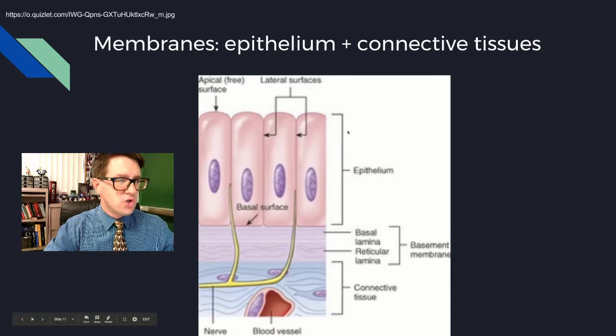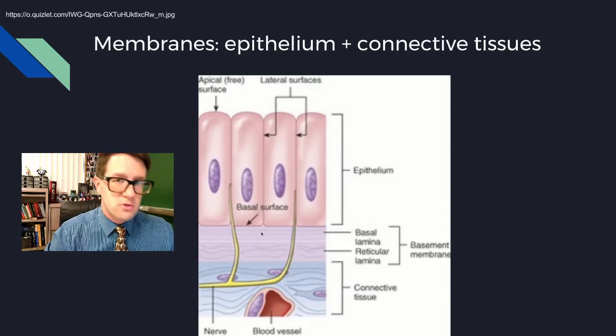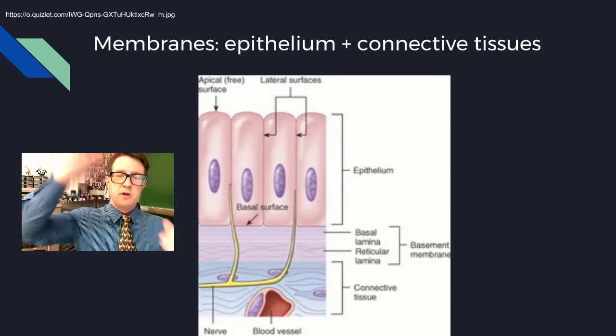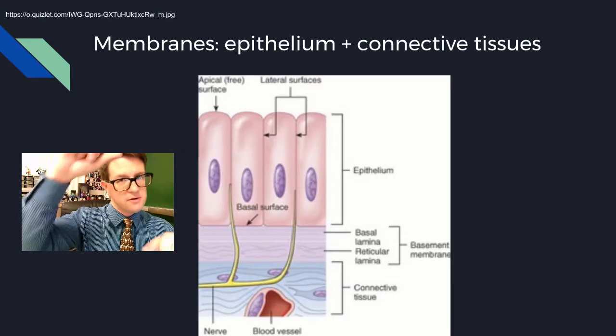There will be a top layer, what we call an apical surface of the epithelial tissue. There'll be a bottom layer that we call the basal surface. And you can actually tell them apart. So the top of the epithelial tissue and the bottom of the epithelial tissue actually will